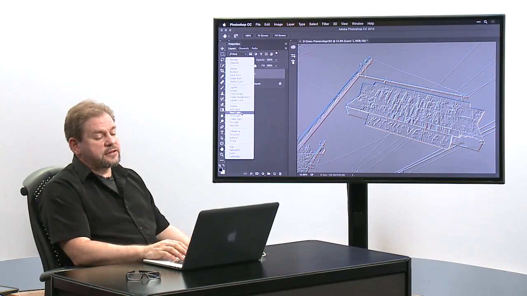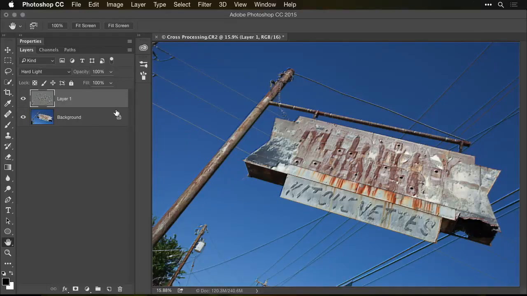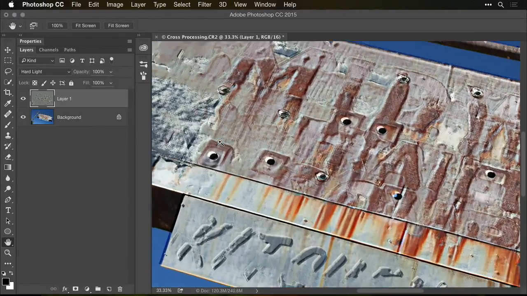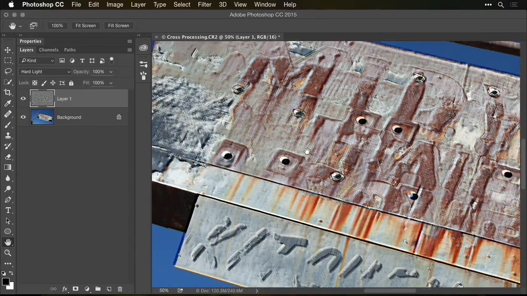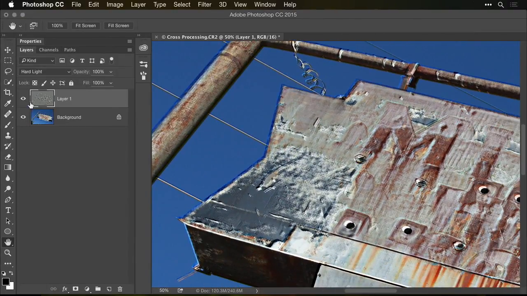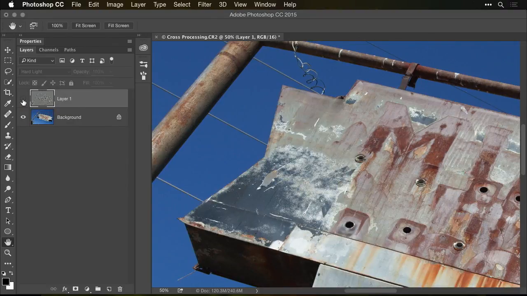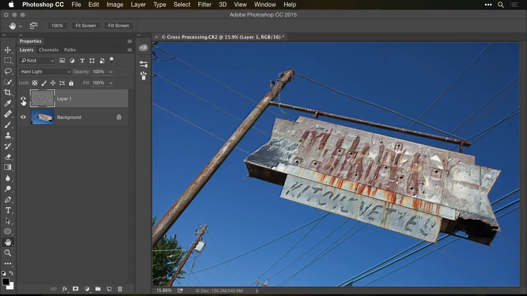So if I set this to Hard Light mode, now let's zoom up on it so I can see the detail. And I'll toggle this layer off and on. See how it's applying that kind of embossed look. I would have probably used lower settings if I was zoomed up. When we were zoomed out, I was using kind of crude settings. But I can actually get the look of that embossing